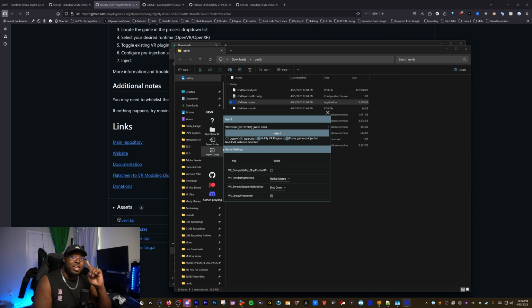But now is another important part. We have to get a profile. What makes UEVR special is that a profile is needed to add custom configurations for your VR game, which gives you the 6 DOF and all the motion controls and stuff like that. Usually you just click import config, but you actually have to find the configuration, and that's where the UEVR